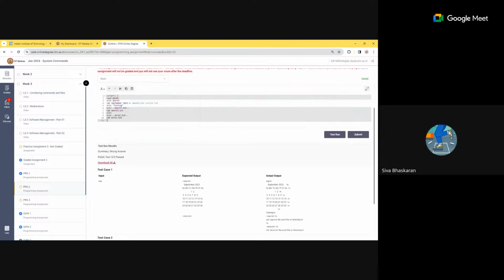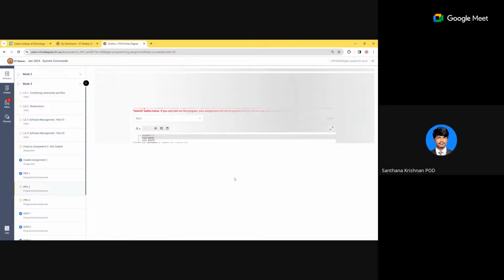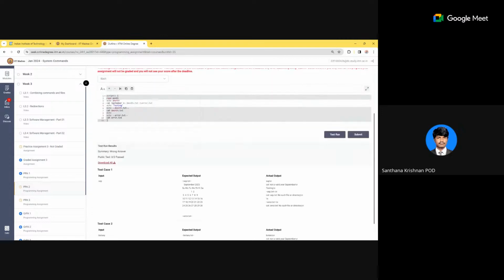Okay, so September 2023 is working. Let me try just 2023. Yes, 2023 will give you the 12 month calendar. But it's not taking simply the month.